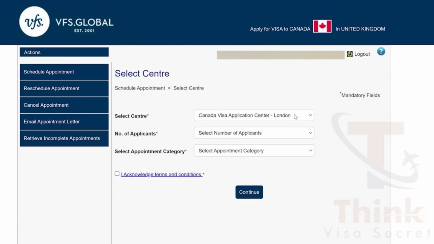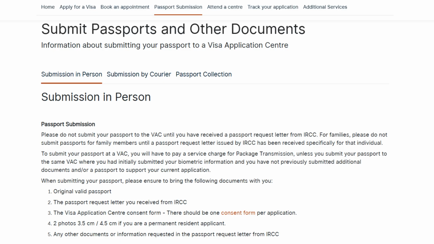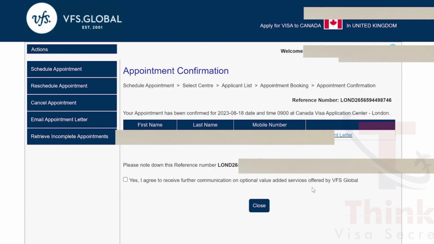And after payment, you'll be redirected to VFS Global to book your biometrics appointment, available in cities like Toronto, Vancouver, or Ottawa. Just upload your documents online or bring them in person. You're going to need your passport, financial proof, itinerary, and possibly an invitation letter. Also, make sure that you attend your appointment with your passport. You're going to take your fingerprints and a photo. So that's pretty much it.